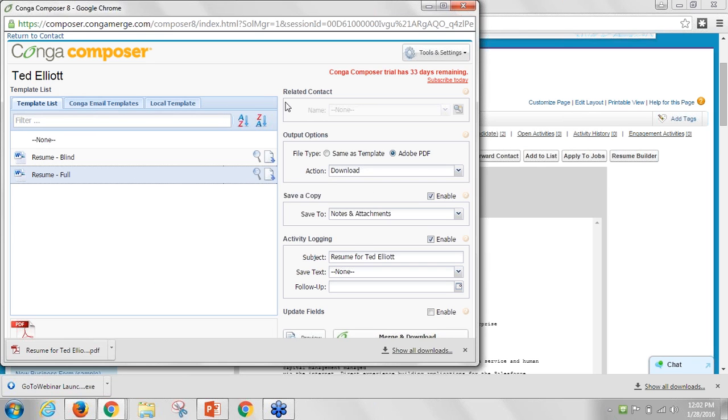But some other things I can say is everything that you see on this page, you as a user, this can be pre-selected. So we can pre-select the template we want to choose. We can pre-select the output options. We can pre-select how we save it. We can pre-select the activity logging so that when a user comes in, they're not having to do this. That can all be put into that button or that solution, what the behavior is going to look like.